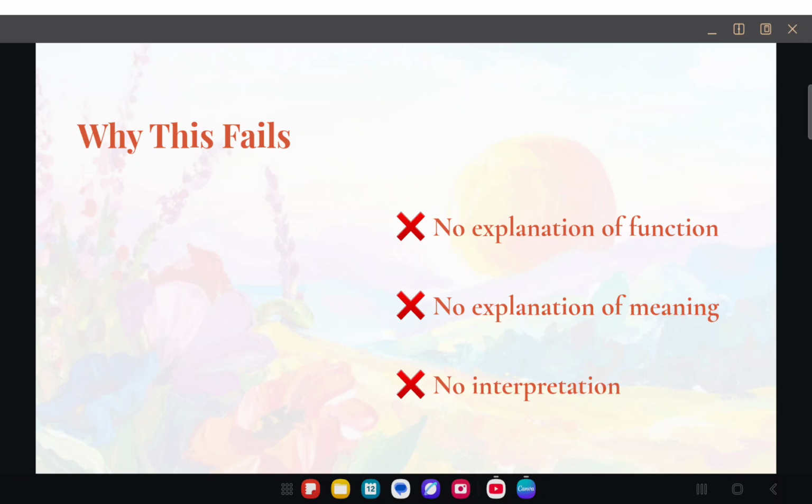The problem lies in that there's no explanation of what the reference word does in the sentence, or why it matters. Without interpretation, the analysis remains incomplete. So why does this fail? Because there's no explanation of function, no explanation of meaning, and no interpretation.